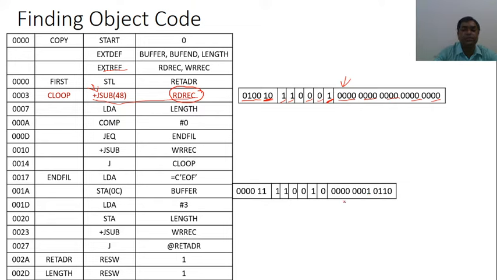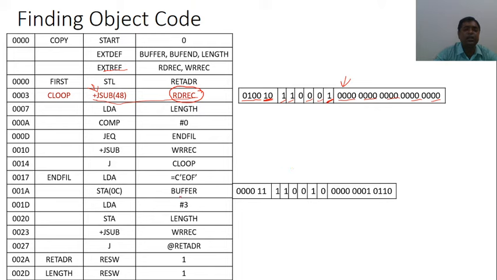Now when I am using displacement here, that means I need the value of buffer. If this buffer is defined in this control section, then I can use the buffer. But if this buffer is not defined in this control section, then in place of the target address of buffer, we will just put 0, minus the value of the program counter register. That is 0010. In that case, we will get a negative displacement. And when I get a negative displacement, I have to find the 2's complement. But this is not the case here.